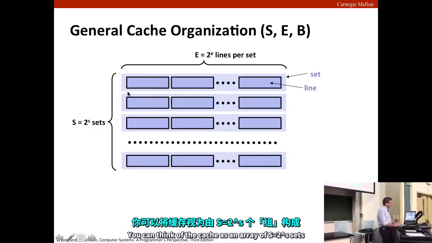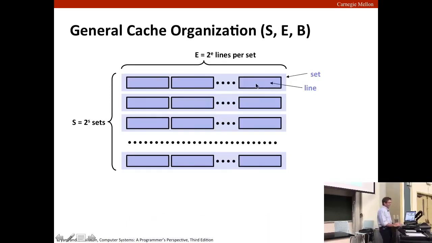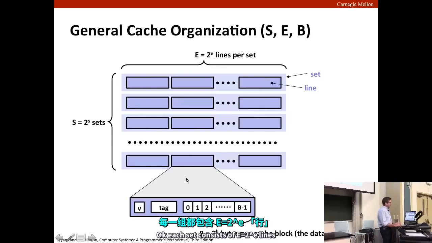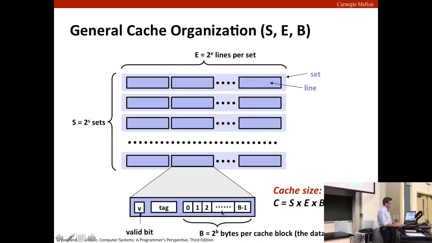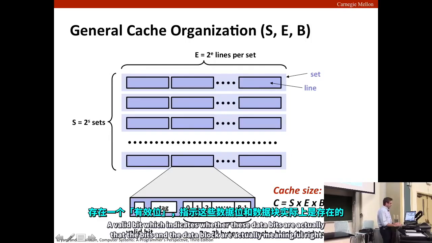You can think of the cache as an array of S equals 2 to the s sets. Okay. Each set consists of E lines, where each line consists of a block of B equals 2 to the b bytes of data, a valid bit,